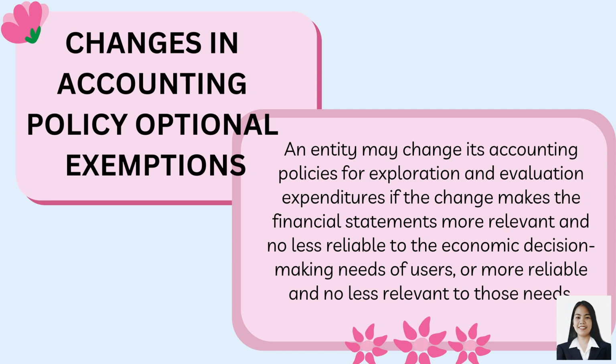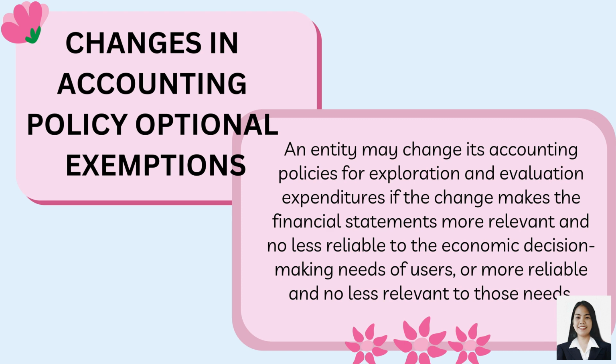So now let's proceed to the changes in accounting policy, optional exemption, which is, an entity may change its accounting policies for exploration and evaluation expenditures if the change makes the financial statements more relevant and no less reliable to the economic decision-making needs of users, or more reliable and no less relevant to those needs. To justify the changes in its accounting policies for exploration and evaluation expenditures, an entity shall demonstrate that the change brings its financial statements closer to meeting the criteria in IAS 8, but the change need not achieve full compliance